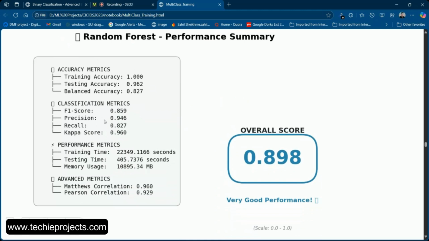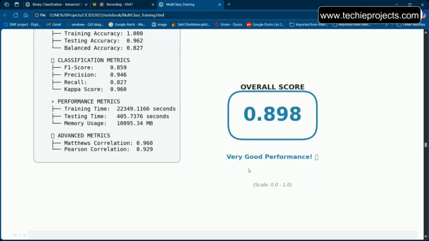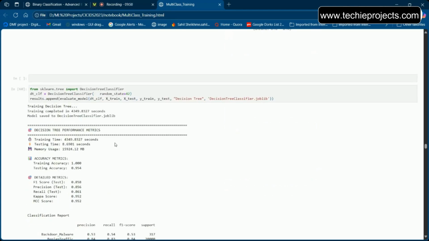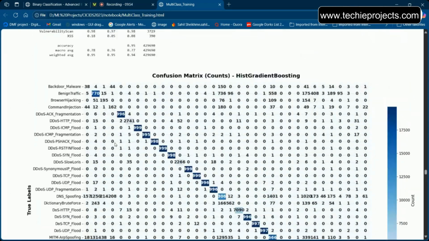And this is the overall conclusion of our random forest algorithm. This is the overall summary, and the overall score of our random forest algorithm is 0.89, which is close to 0.90. Accuracy is at 96%, but after identifying the average score for this algorithm, it is 0.89. Similarly we have done it for decision tree, and similarly for the